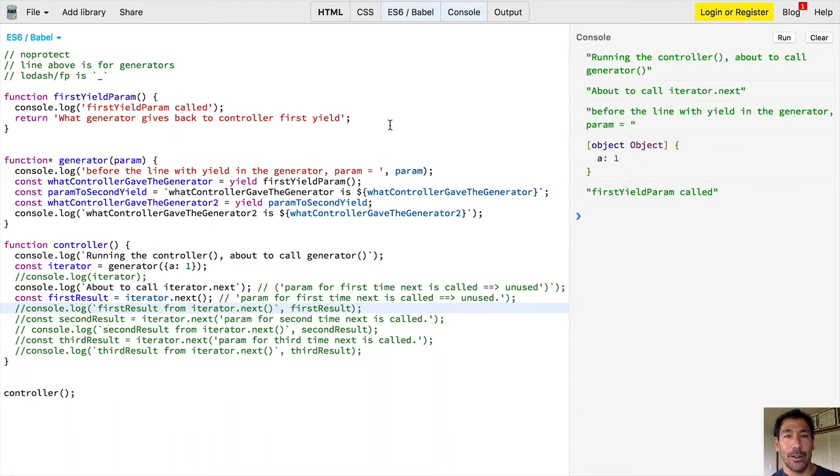Okay, about to call iterator.next, and then we call next, and then this happens right there before the line of the generator, right? We got the param, and then first yield param is called. So you see, we ran all the code up to there, and we didn't run a single line more of code. Nothing else happens. So execution basically is stopped right there, and it goes back to